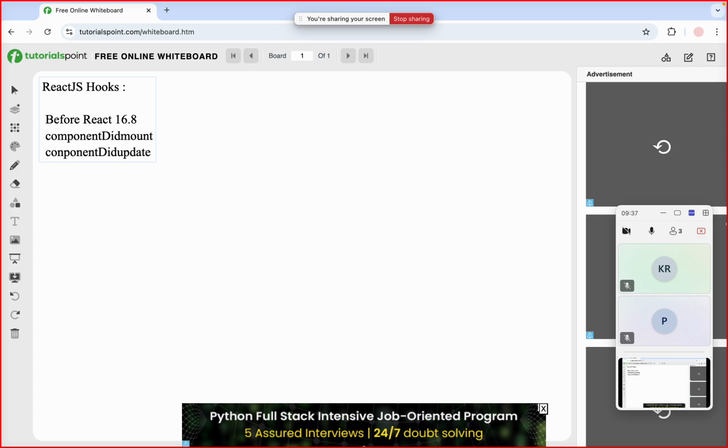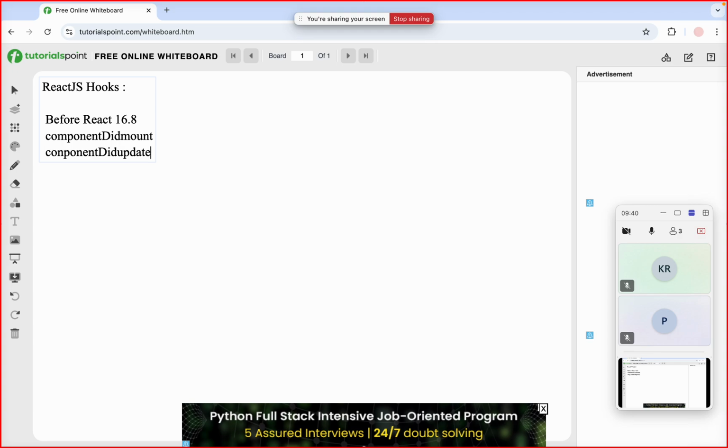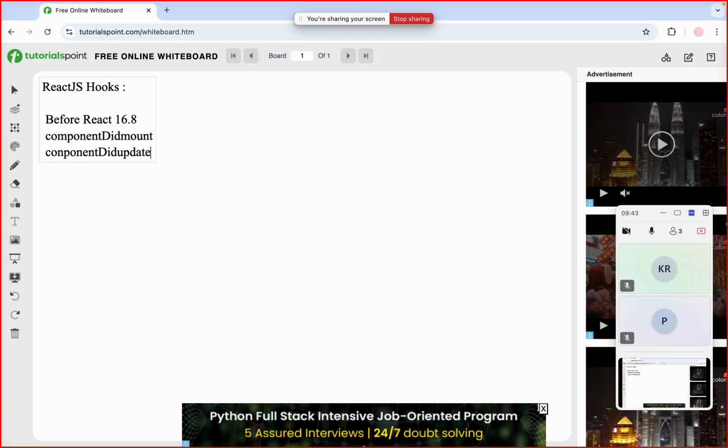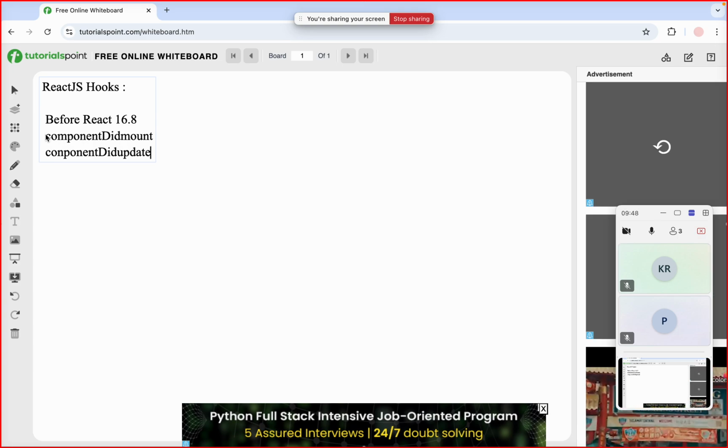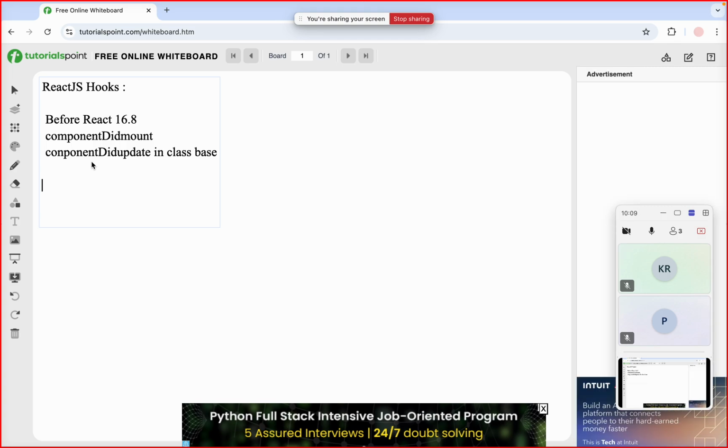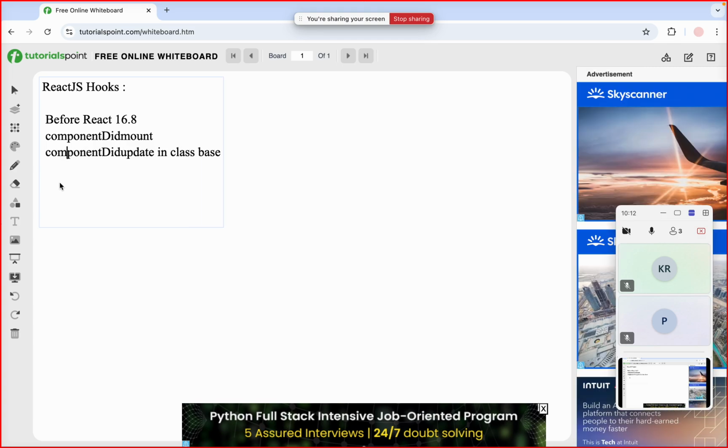So the thing is, before the React 16.8 version, if you wanted a component to have state or respond to the lifecycle events, these are the lifecycle events for the class component, you had to use them in the class based component only. But the class based component comes with some complexity to manage the